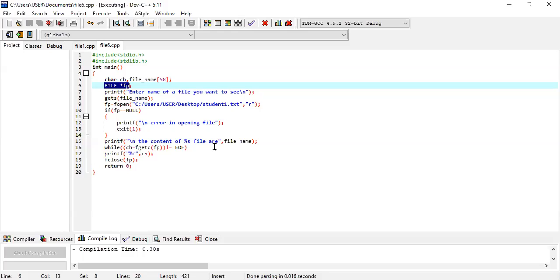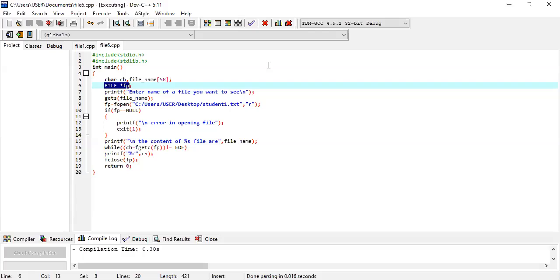Because in your file, it is not mandatory that you always write characters, or always integers, or always floats. All kinds of documents you can write in your file: a sentence consisting of numerical values, alphabets, floating values, anything else. So there is no particular data type, but we use FILE here to show that this works as a file pointer.